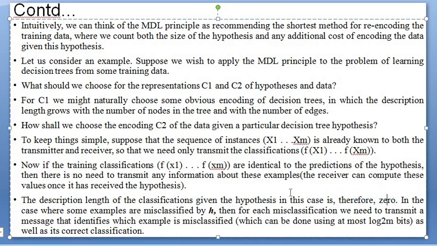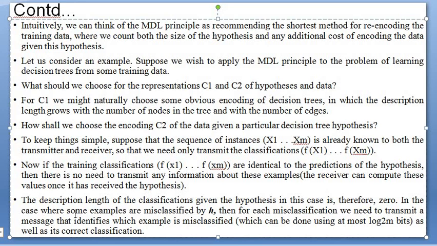So what is the description length here in this case? It is 0 because the data is already known, so we need not transmit any further data. Already the data is known to both the transmitter and the receiver. Do you want to describe this data to the receiver? No, we cannot describe the data because the receiver also knows that data. So its description length becomes 0.